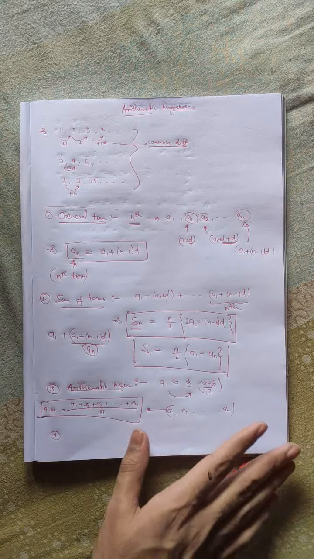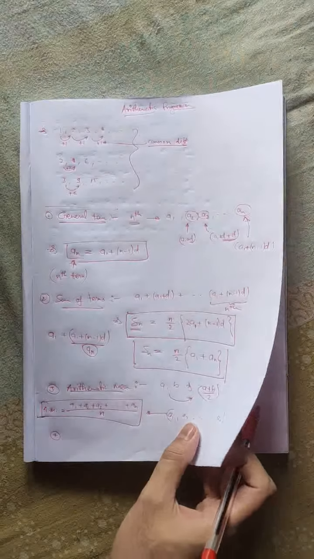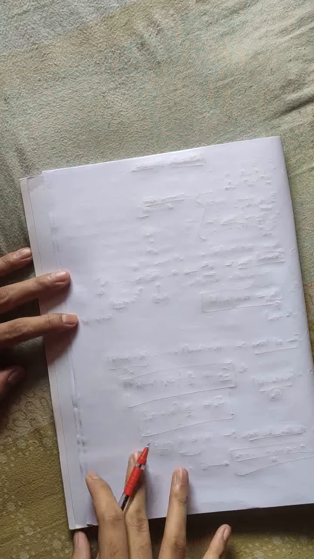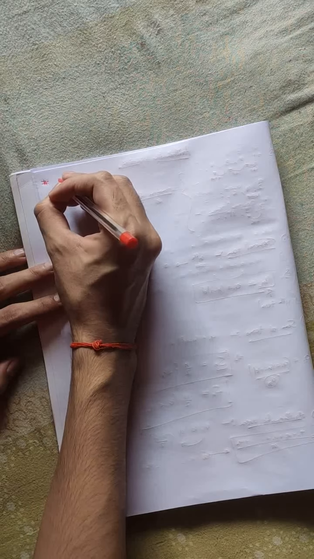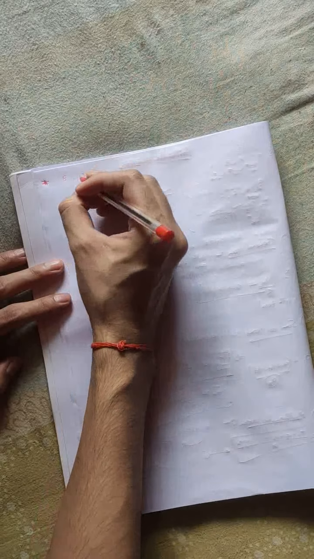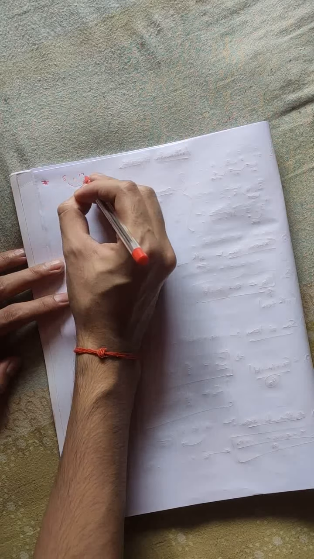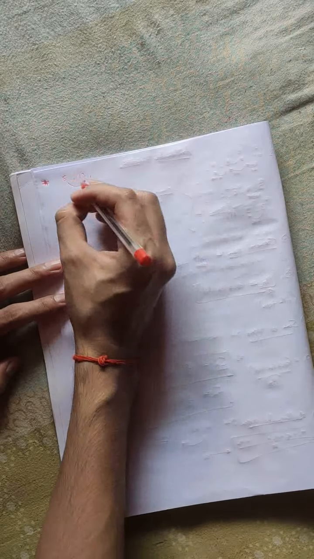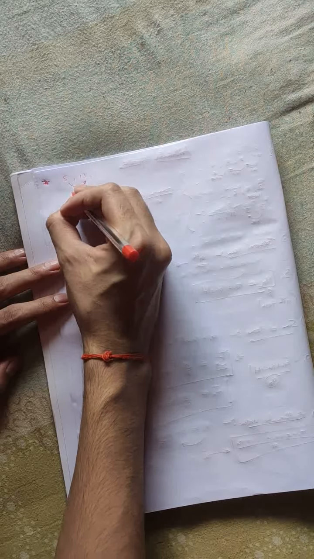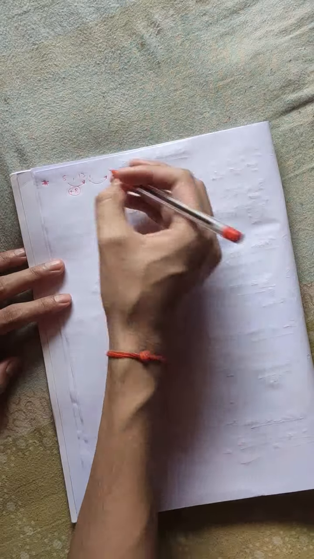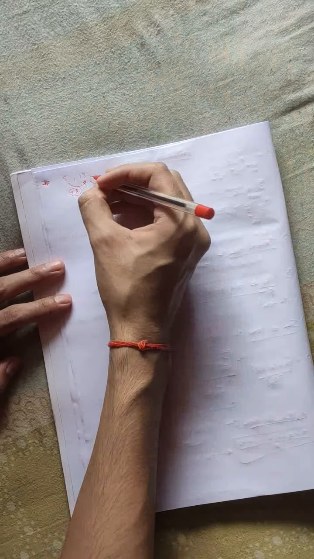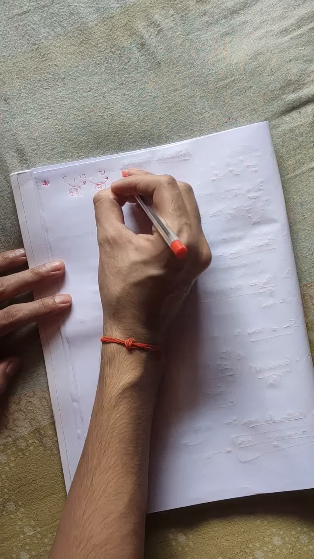Okay, so next we have to see basically how to identify if any three numbers or any numbers are in AP. So basically we could just say that their common difference should be the same. For example, if we say 5, 13, then what should come next if this is in AP? We first see what their common difference is. This would be plus 8. Okay, so if you have to continue this AP, you would just have to add 8. So this would be 21 and so on.